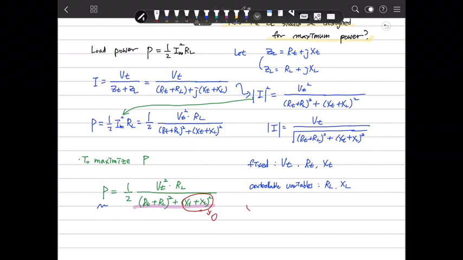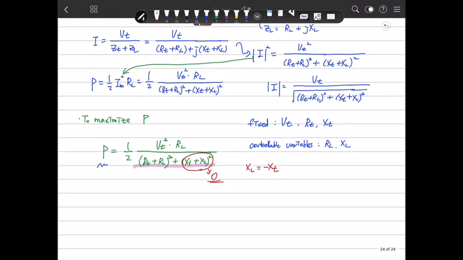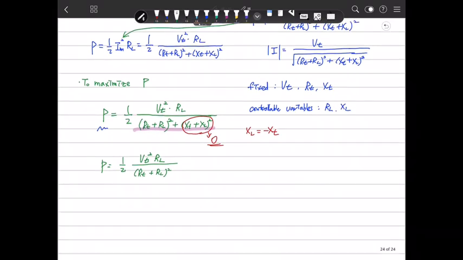Therefore, if we make XL equal to minus XT, then this can be achieved. Then the remaining thing is P, which can be half of Vt square RL over (RT plus RL) square. And to maximize P, the control variable is RL, so to maximize,